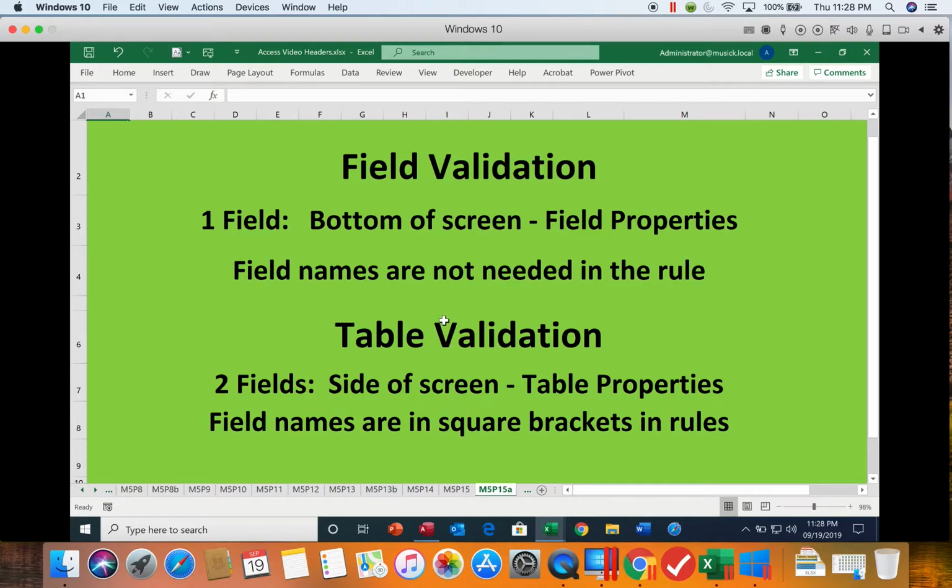Table validation rules are comparing two fields. They are going to be entered on the side of the screen in the table properties. And field names in these rules need to be in square brackets. So let's go ahead and get into our